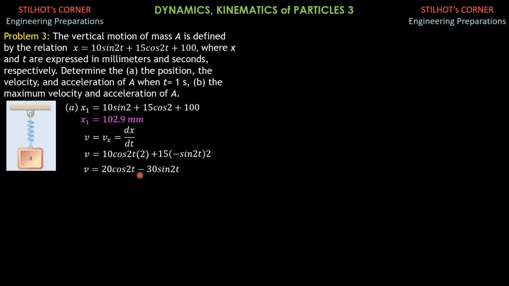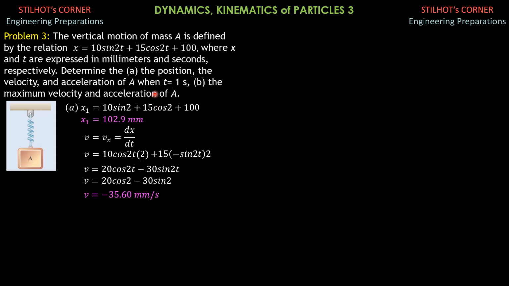So substituting t equals 1, v is equal to 20 cosine of 2 minus 30 sine of 2. So the velocity is equal to negative 35.60 mm per second when t is 1 second. Then